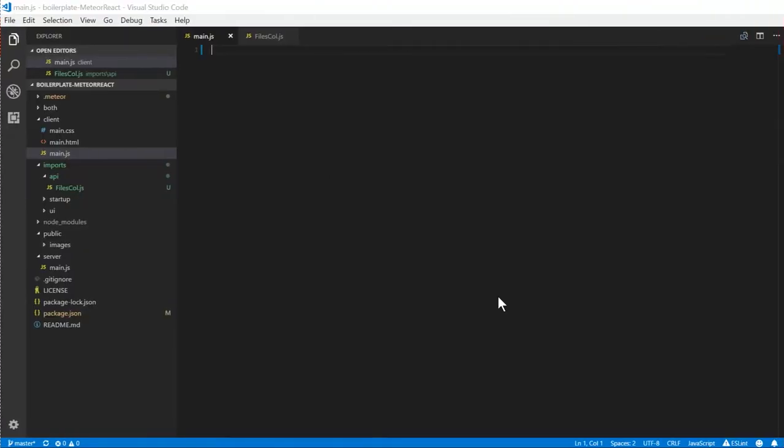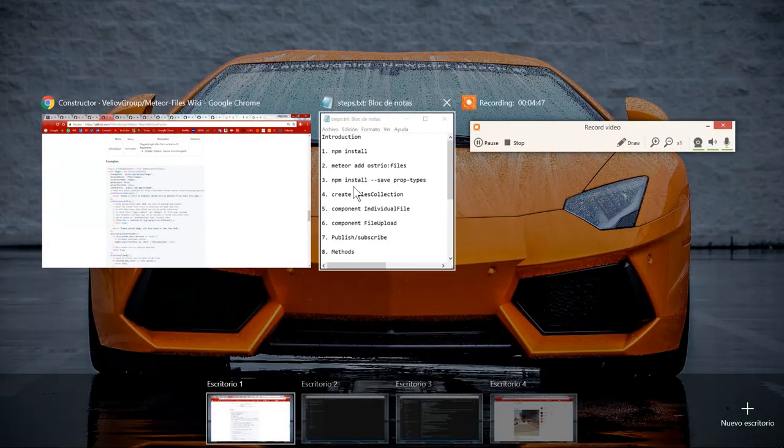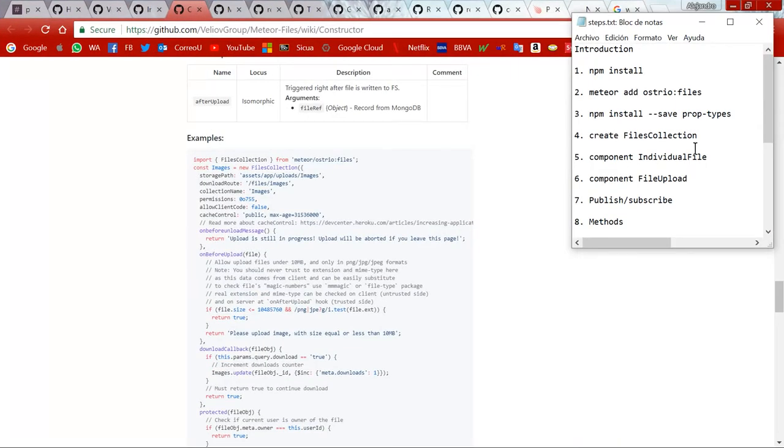Okay, so we already finished that step. The next one is to create the two user interface components. So one is the individual file, and the other one